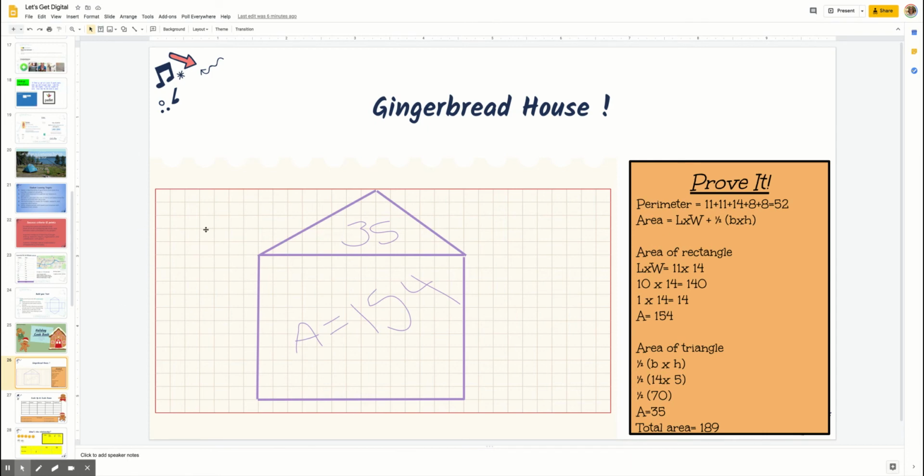So using the same tool, the students are using the line tool here actually to draw out their gingerbread house and finding the area of their house using formulas of area of a rectangle and area of a triangle. We can make them prove it in multiple ways. And then I can have some authentic assessment that my students have created based on how they've crafted their gingerbread house. So you can see how this isn't something you could just photo math or type into Google because it's